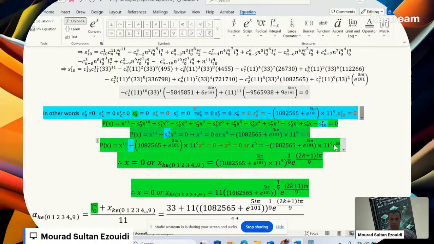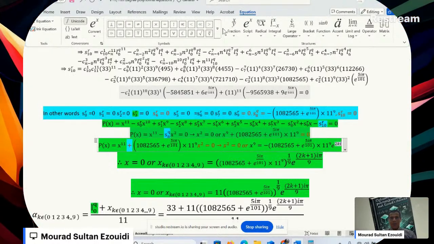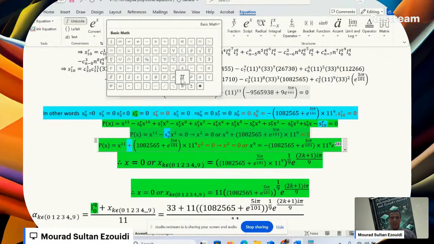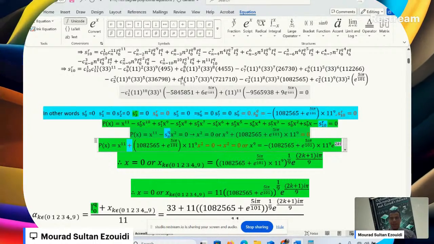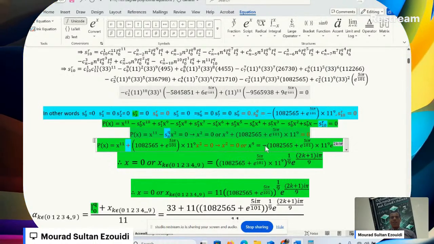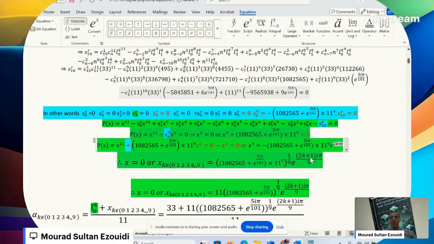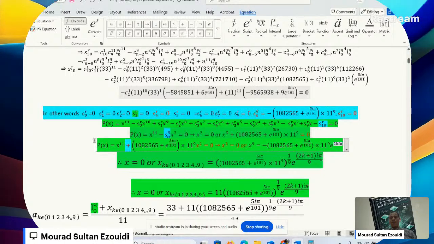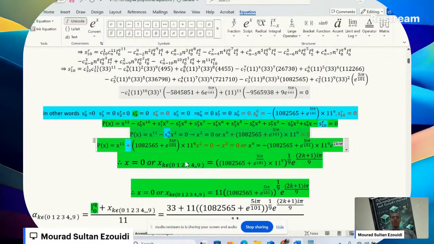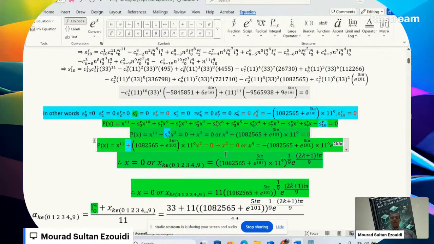And this minus, you can write it as exponential I pi. So it will be 2k plus 1 all times I pi. Ignore this line now. So now if we are going to solve x raised to the power 9 equal this,